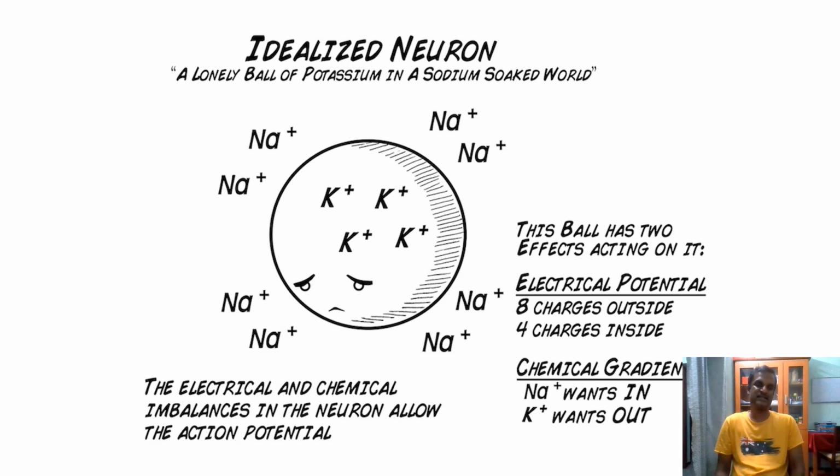In the rest state, you can find that the potassium ion concentration inside the cell body and outside the cell body is different. That means the cell body has fewer potassium ions inside